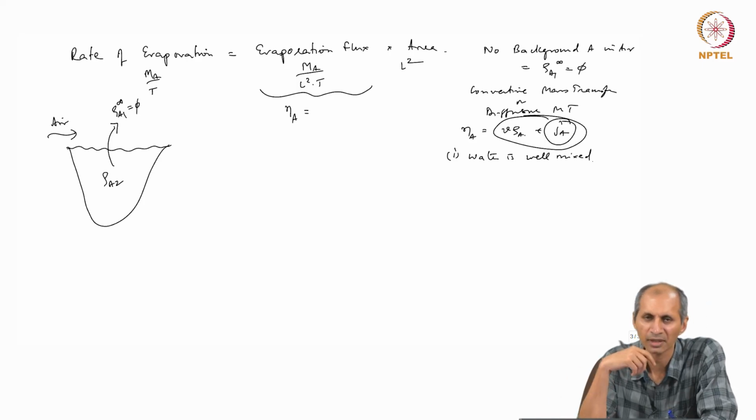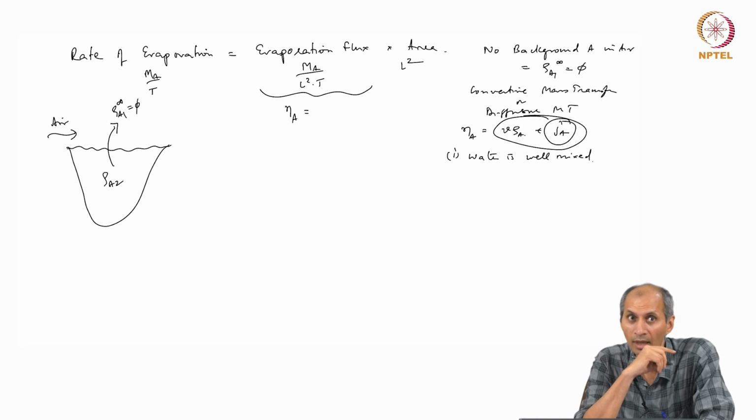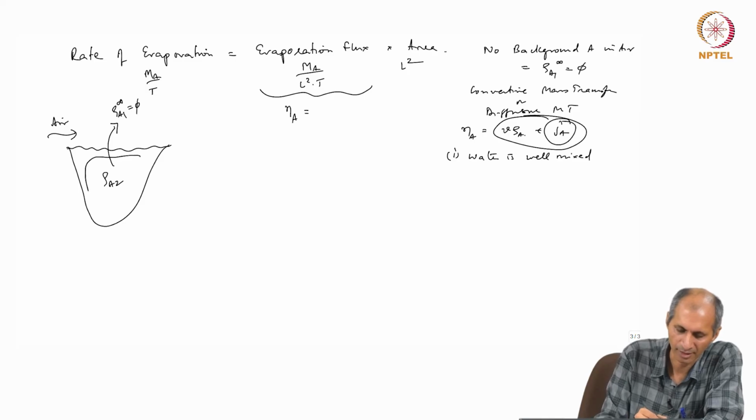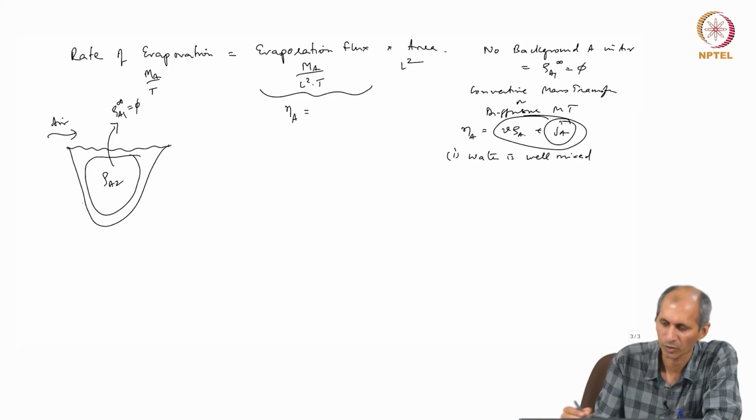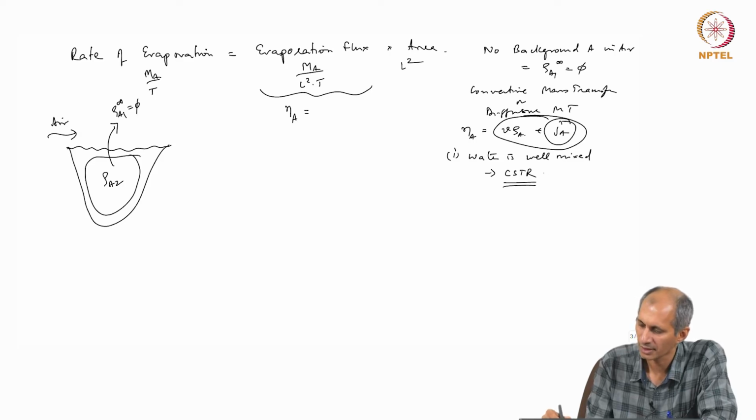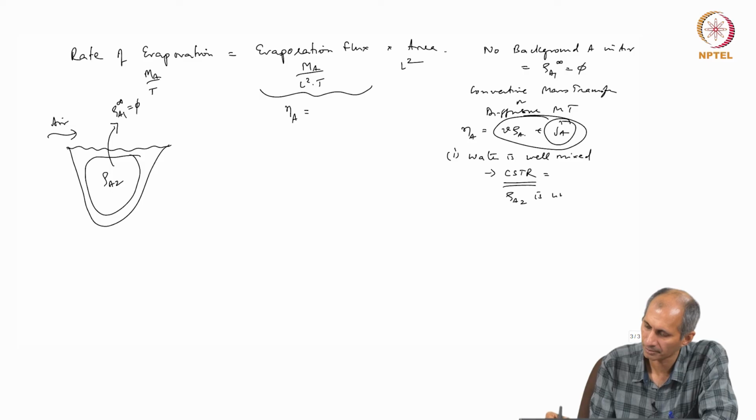What will this immediately do? Water is well mixed means the concentration, wherever in this region, everywhere the concentration is the same. So, well mixed essentially will make this into what is called a CSTR, completely stirred tank reactor, which means that rho A2 is uniform throughout the volume,